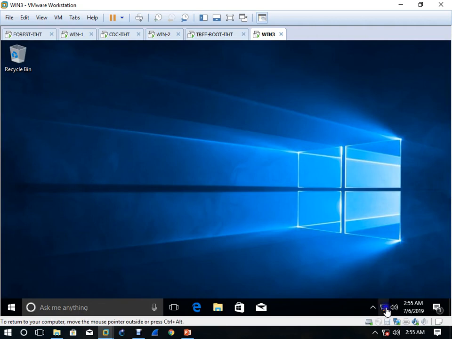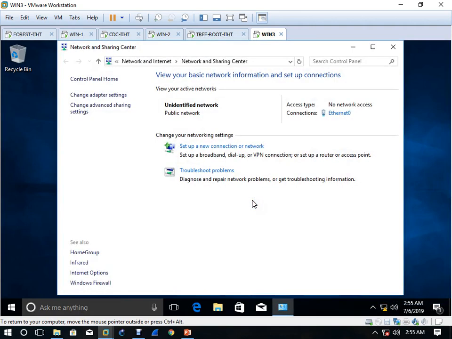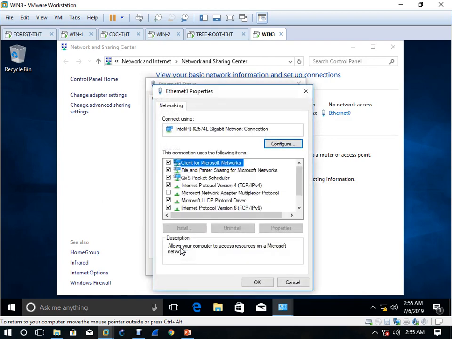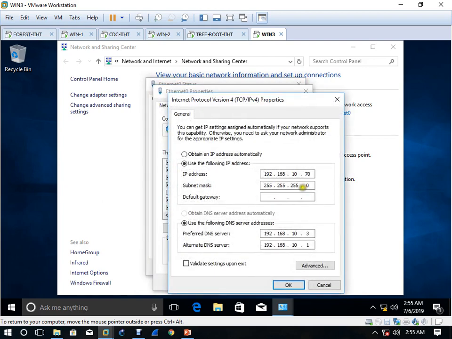And then in the child system you have to come here, right click, go to Ethernet, properties, IPv4, and here we have to write 192.168.10.70, which is the IP of that system.